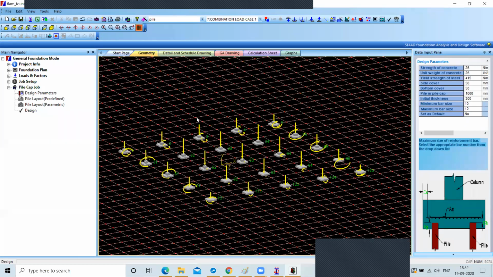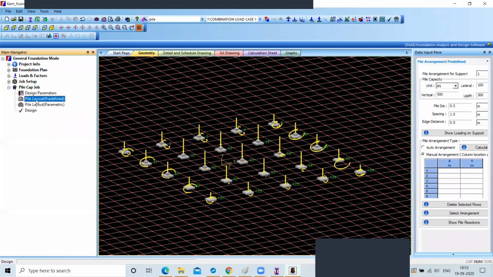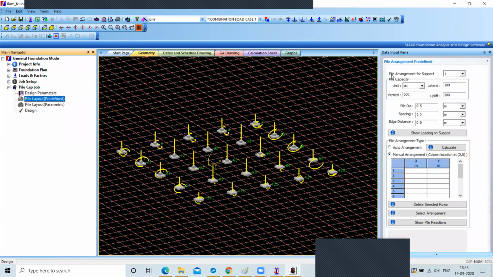Now go to the pile layout. This is your pile layout. So choose pile layout is on here. We have pile arrangement for the support one.